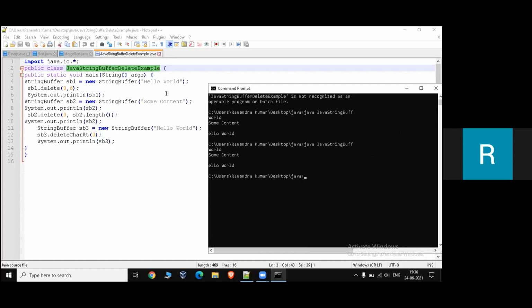So here zero index, one index, two index, three index, four index values are deleted, and the space is also deleted.